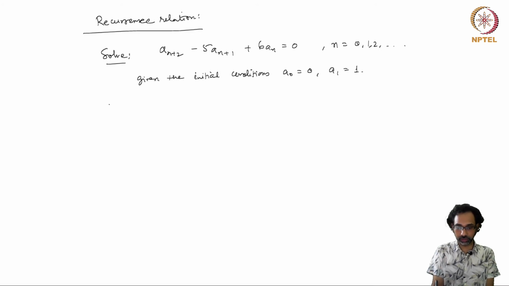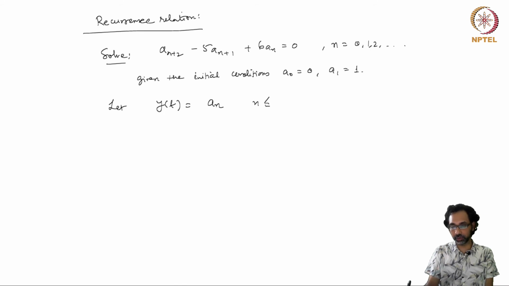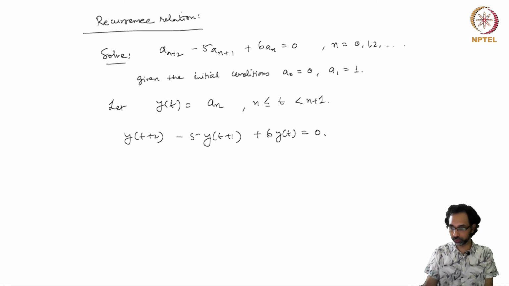So for this, let y(t) be given by a_n, where n is less than or equal to t less than n plus 1, and so we can rewrite the above equation as y(t+2) minus 5 y(t+1) plus 6 y(t) equals 0. Now if you want to take the Laplace transform of y(t+1),